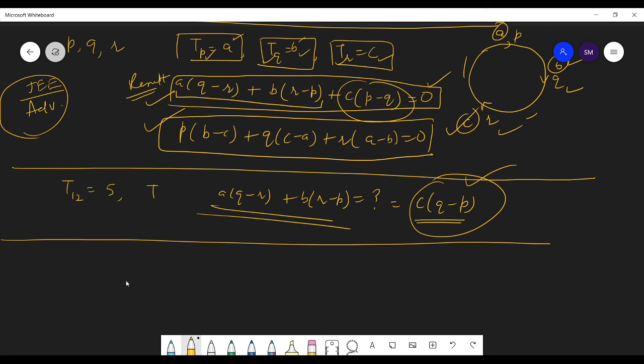नाउ द नेक्स्ट इज द सम ऑफ m plus nth term and sum of m minus n terms of an AP is equals to twice the mth term. ये एक और इंपॉर्टेंट रिजल्ट आ गया स्टूडेंट्स आपके पास. इसको भी डायरेक्ट जो है वो आप यूज करेंगे. मान लो आपको mth टर्म दे दी, स्टूडेंट्स आप इसके ऊपर बेस्ड क्वेश्चन समझ सकते हैं ना, आएंगे तो यू विल बी एबल टू डू इट.